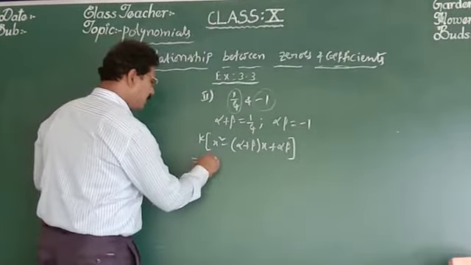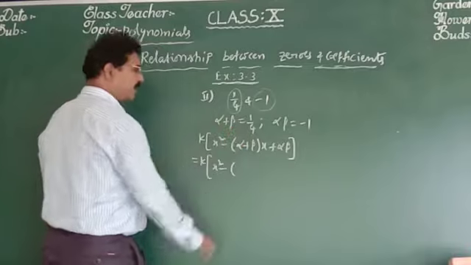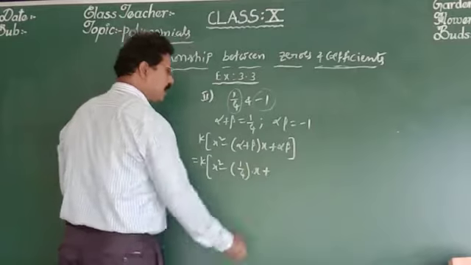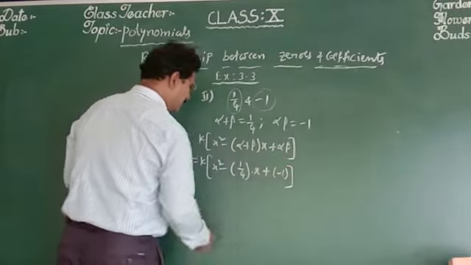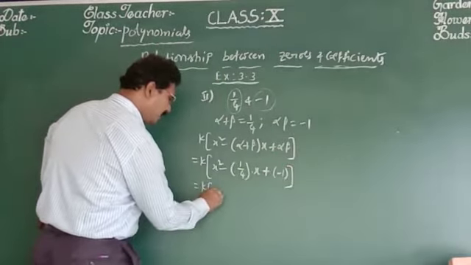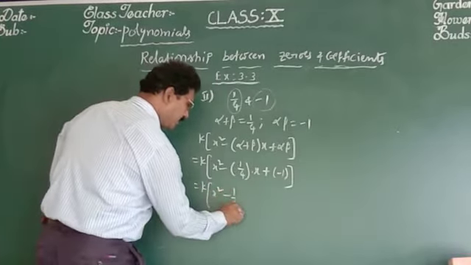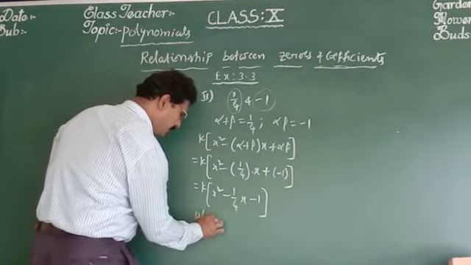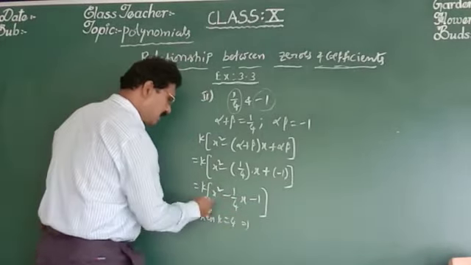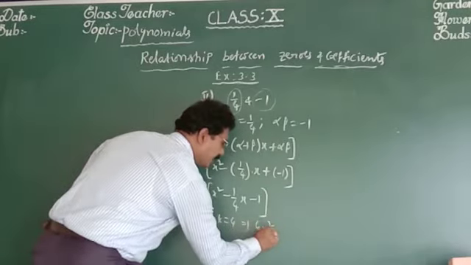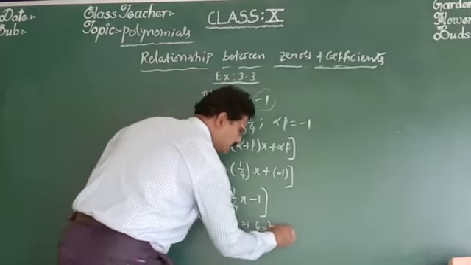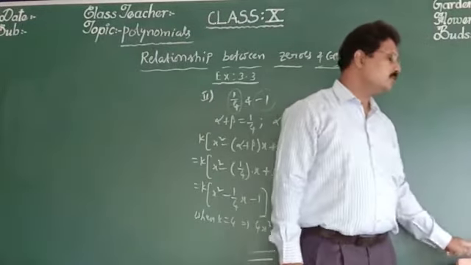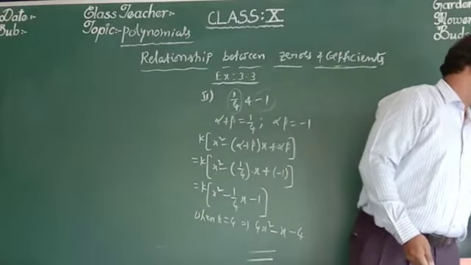So which equals k of x square minus alpha plus beta, which means 1 by 4, into x plus alpha beta, which means minus 1. So that equals k of x square minus 1 by 4 x plus minus 1. Now when k is equal to 4, what is your answer? 4x square minus x, the 4 gets cancelled, minus 4. So 4x square minus x minus 4 is the answer for that problem.